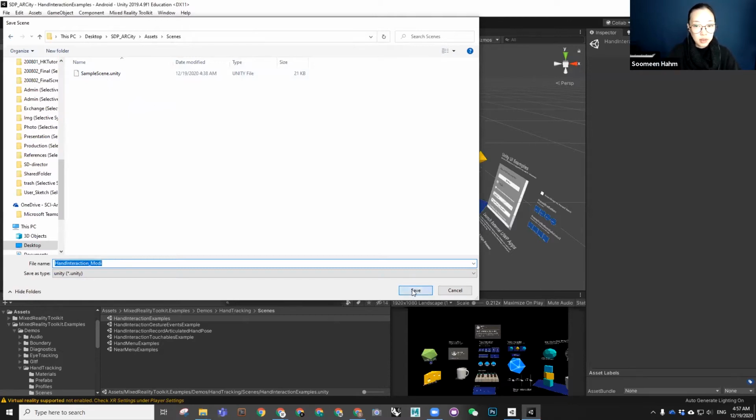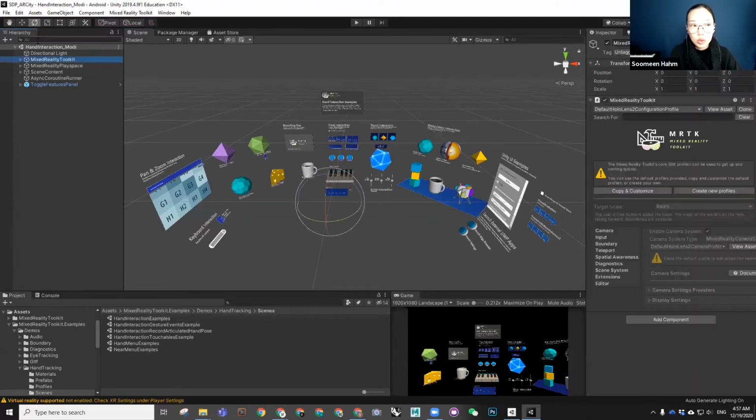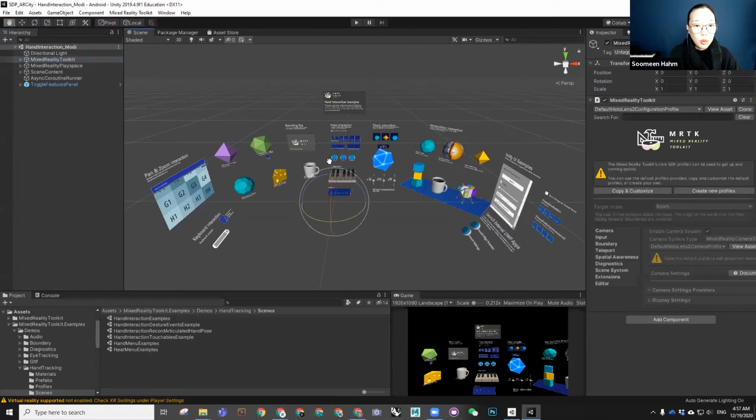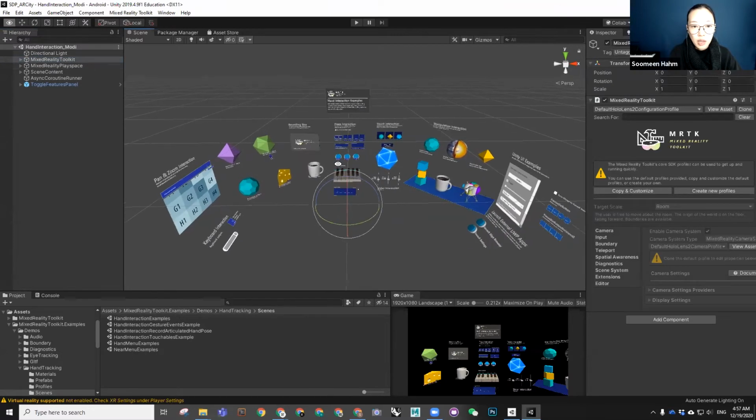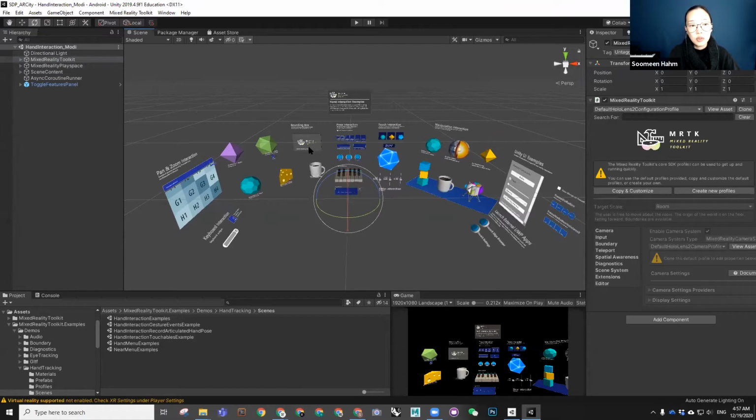Something like that, and then save. So we kind of know which one is referring to which example file. And then there are a few things we need to do before we export to device, mobile device. You don't have to do this if you are exporting to HoloLens, but for device, you need to click